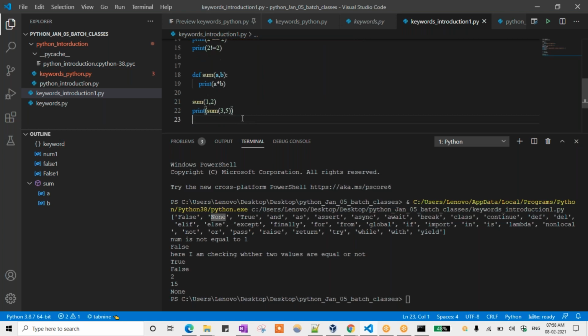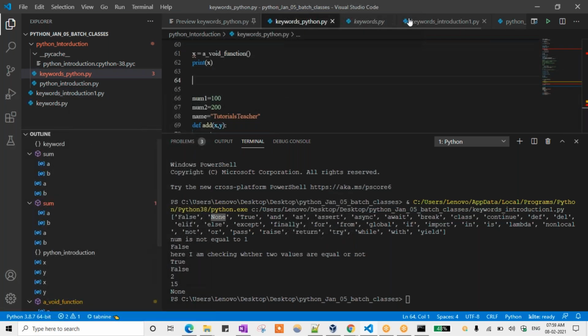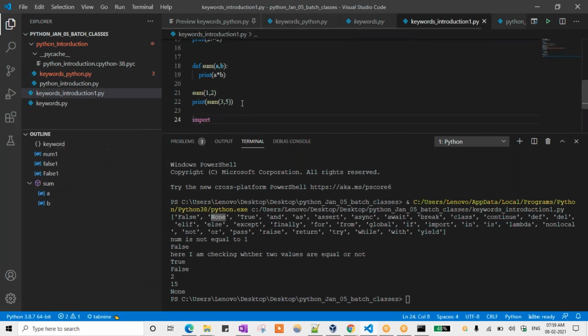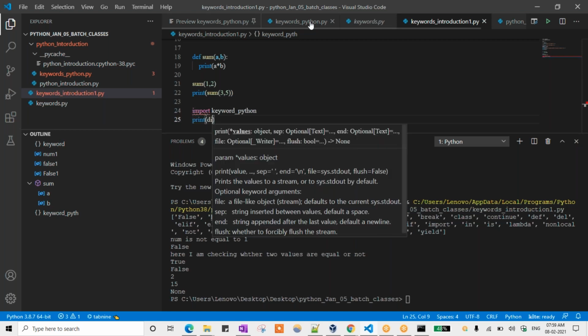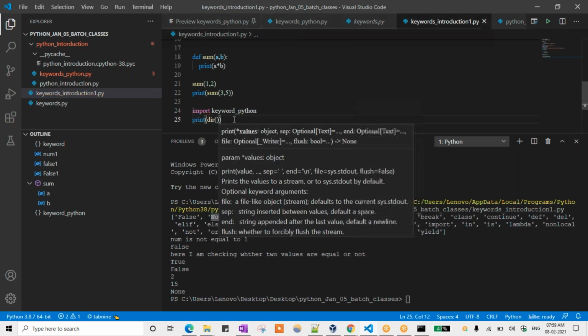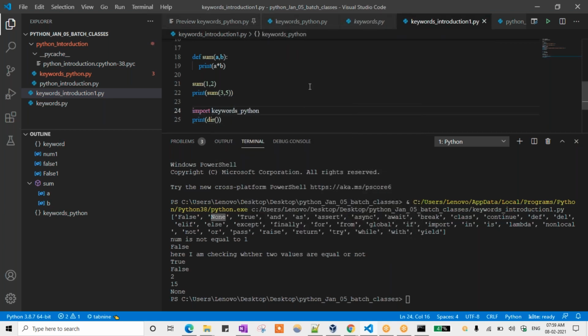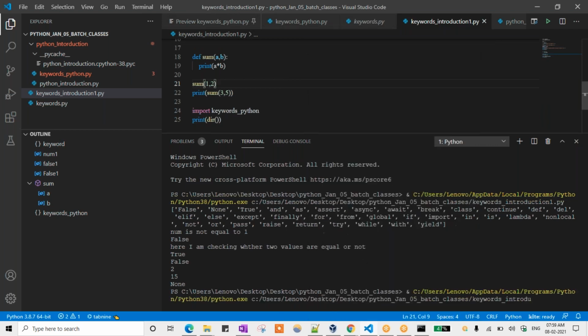So when we can use as function is, we have already seen modules, right? Previously we have seen modules. So how can we use that? Import, space, this file name. So this file I need to access now in this file. Okay, from this file I need to access this file. So import keywords_python. In that, data functions will be there, right? So I need to find what are the methods present in that also. We can check it with the dir function. Import keywords_python. Now if I check what values are present in that